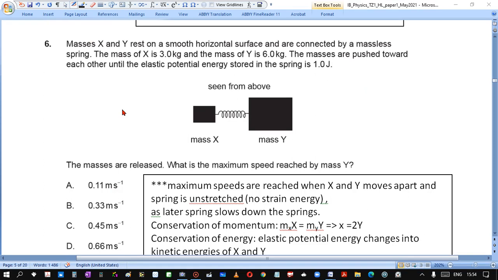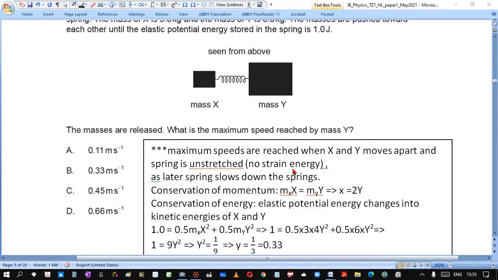Here, when we say masses were pushed toward each other, we mean that they are moved toward each other and then released. Maximum speeds are reached when x and y move apart and the spring is unstretched, so no strain energy. As the springs later slow down the masses,